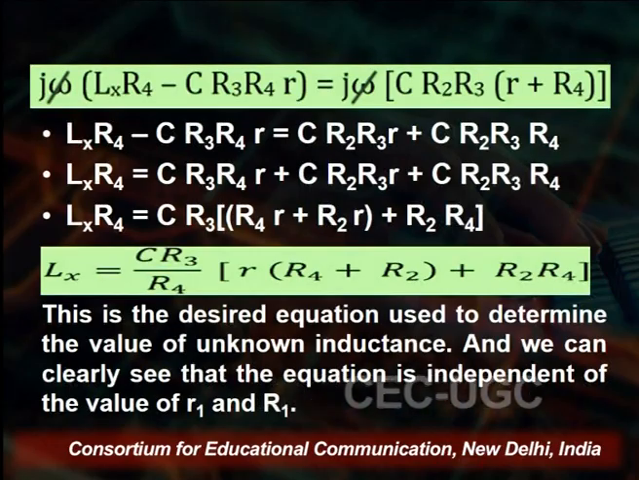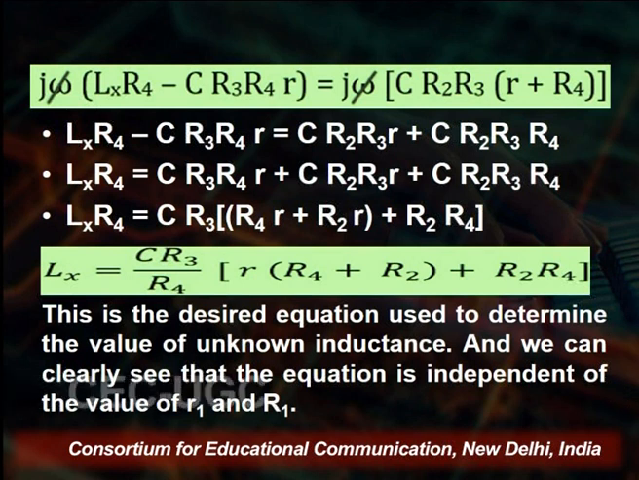So, in this series, we are discussing how to find the unknown inductance using the Anderson bridge. In the Anderson bridge, we just know how we can get the unknown inductance, and the value of unknown inductance is Lx is equal to C R3 by C4 R into R4 plus R2 plus R2 into R4. This is the equation through which we can find out the unknown inductance, and from this equation we can see